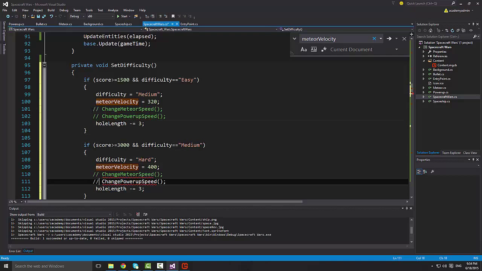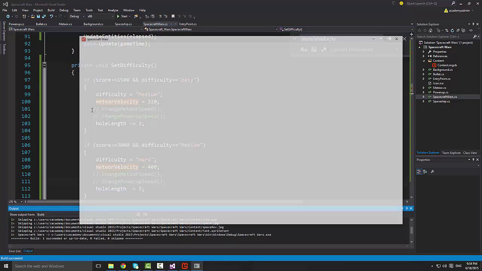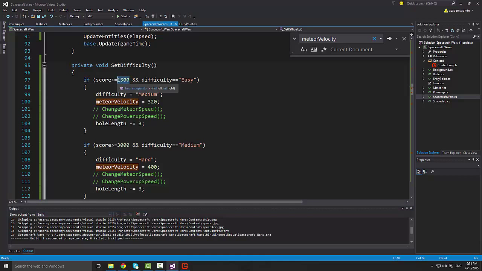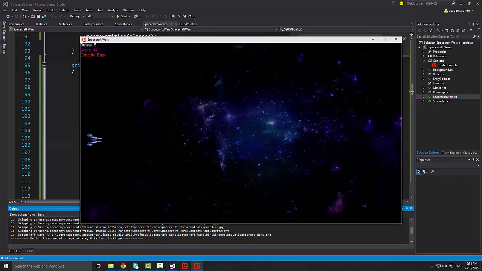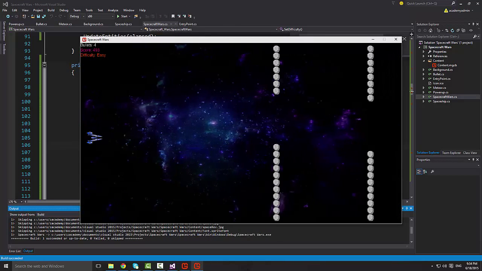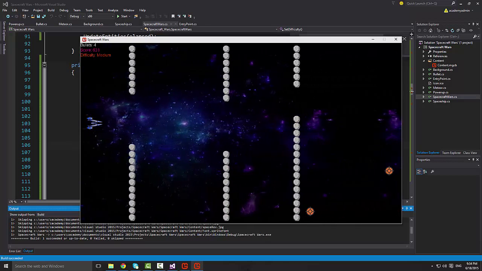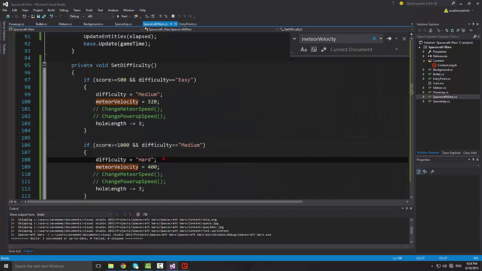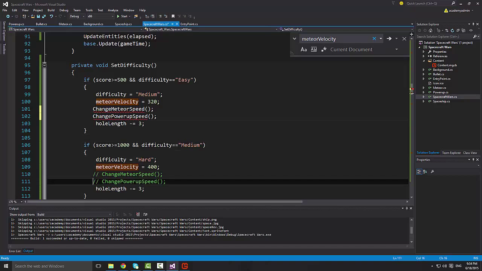Okay, so let me just comment these because we can still check what's happening even if we haven't implemented them yet. But let me decrease the values because I don't want to wait all day. So make it 500 here and 1000 here just to check. Okay, so let's shoot a wall and expecting, and nothing happened. Oh, actually it did. Okay, so we still need to do that and that,